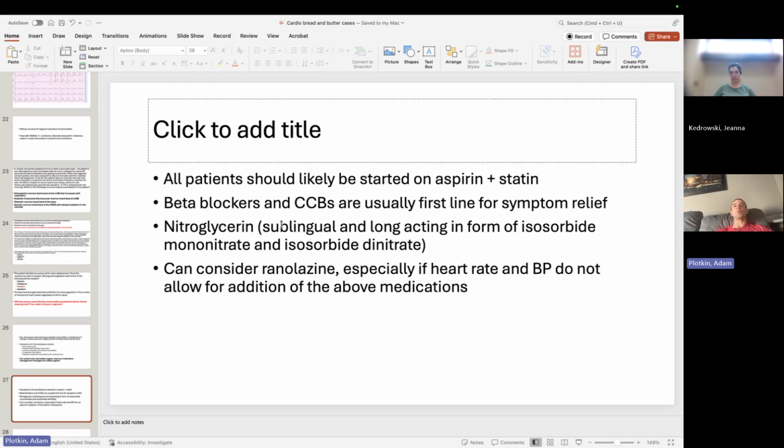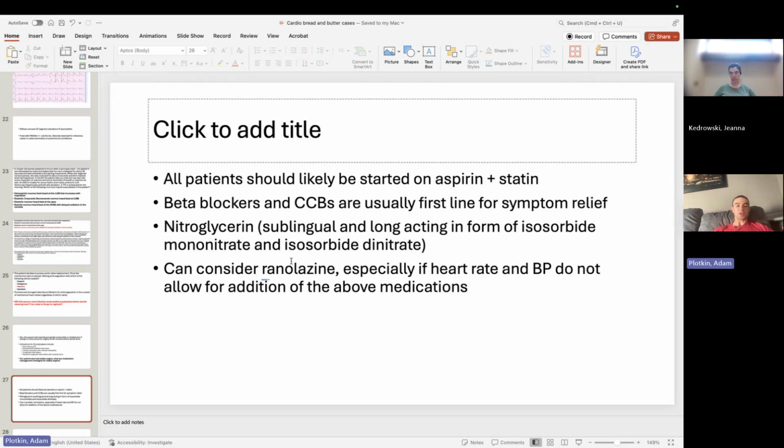Then the way they'll get you is they'll have the patient on metoprolol, on an aspirin and statin. Their heart rate will be like 58. Their blood pressure will be like upper 90s over 70s. So they're borderline hypotensive and bradycardic, and they're still having stable angina symptoms. And they'll ask, what's next?